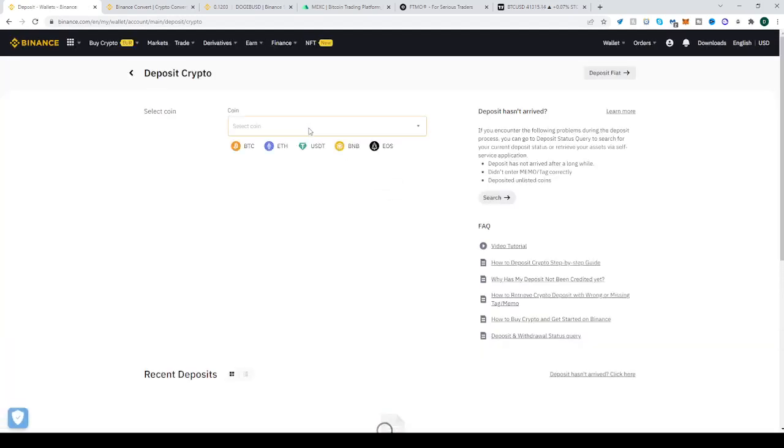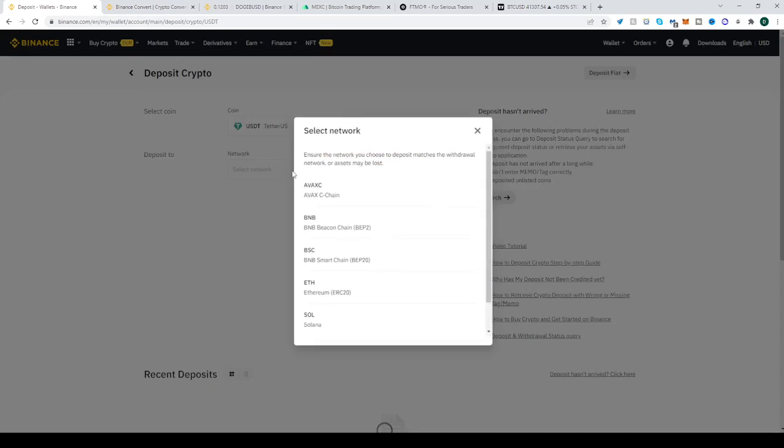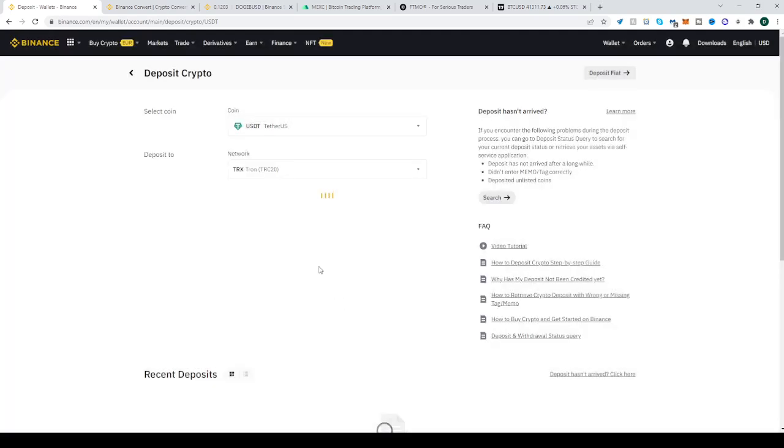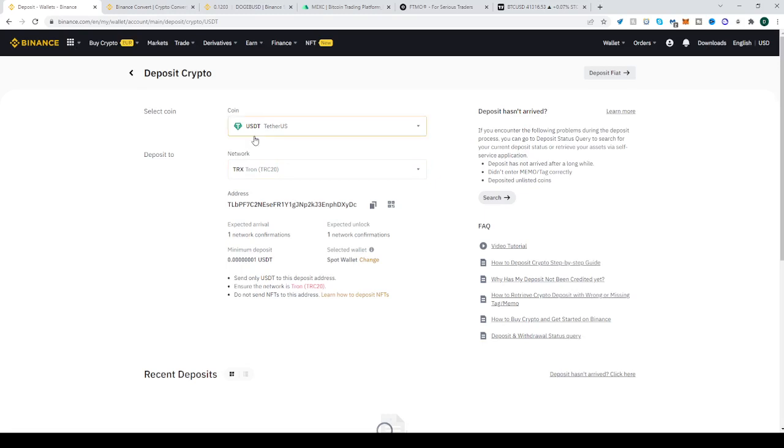Here you can just select USDT and the network you want. Usually I recommend TRC20 because the fee is always just $1, and you can deposit USDT from here, or